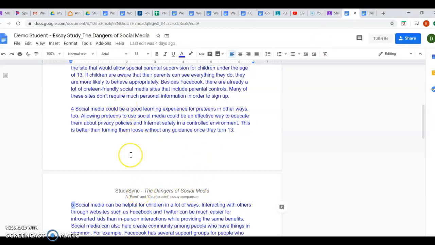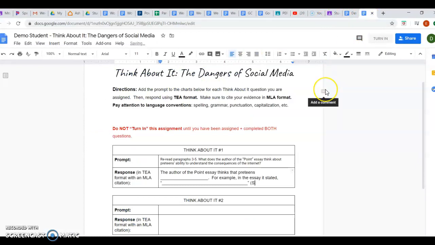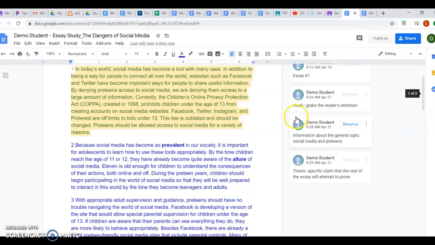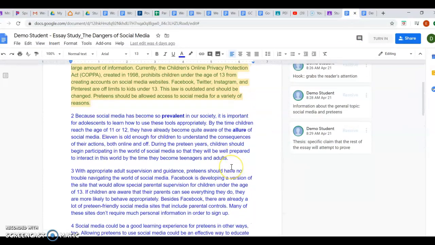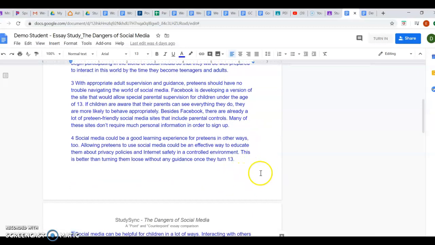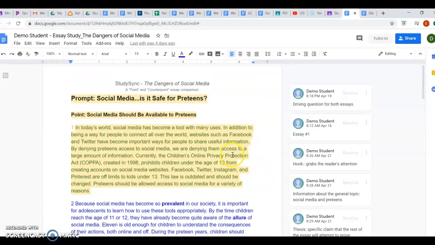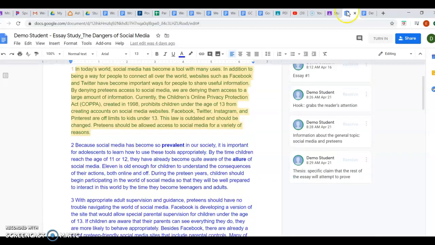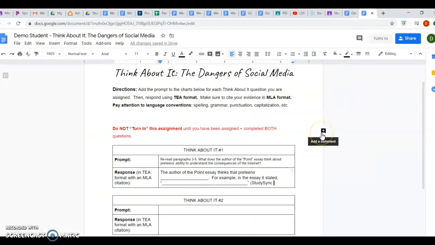We don't know who wrote this first essay, so StudySync is our source. So your source is StudySync. And then we need the location, the page number. This came off of page 1. We don't see anything down here, but we can tell just by the study itself that this is page 1. So your citation is StudySync 1 and parenthesis, period.